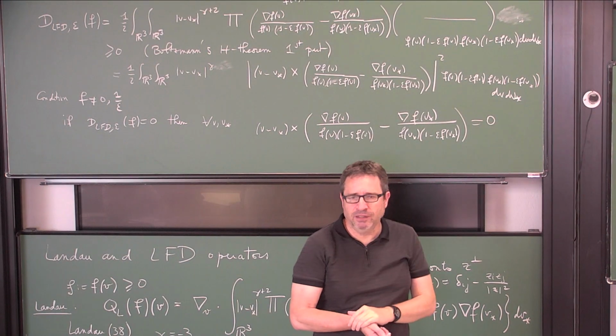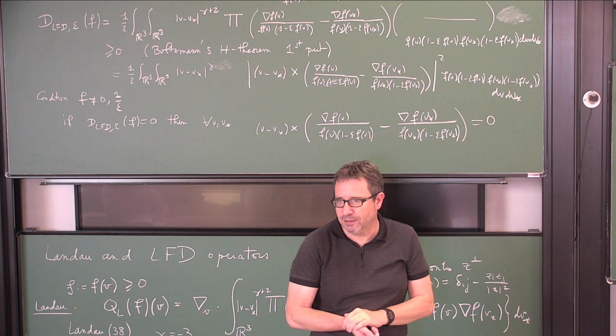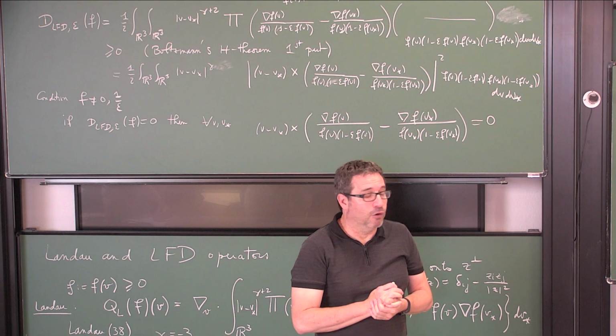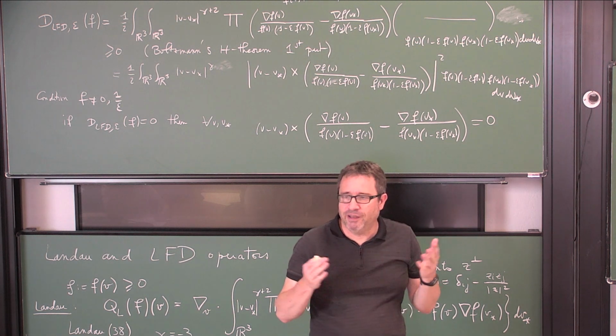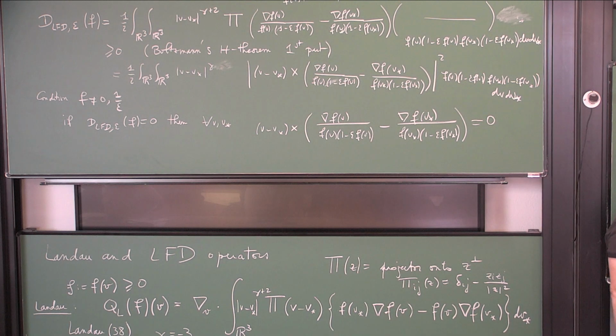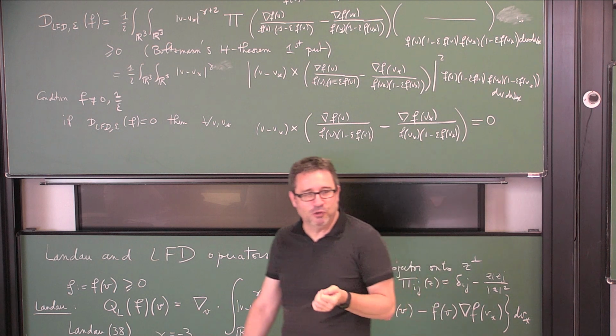So if you do it in a clever way, you indeed end up with the fact that f will be a Fermi-Dirac thanks to this procedure. Of course, in principle, you should know that f is of class C2 if you are at the time of Boltzmann. But if you come with this idea after Schwarz, you can also do it in the sense of distributions, and